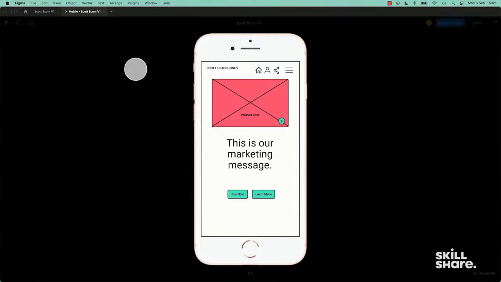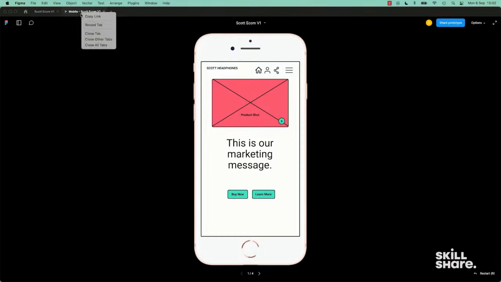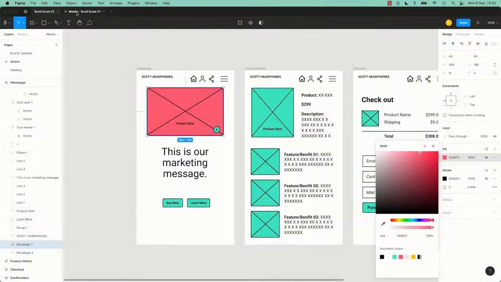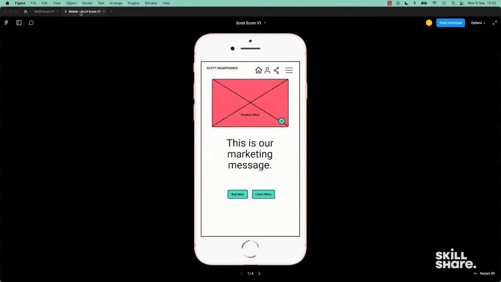If you're using the browser version, it's handy to get this tab, pull it out and put it on another desktop. On the desktop version, it's kind of stuck in here at the moment. I can't pull it apart. So just toggle back between the two. If you do want to toggle back between the two,